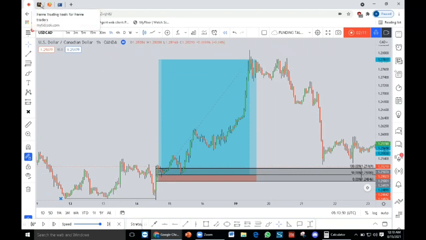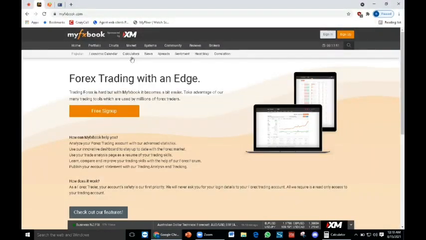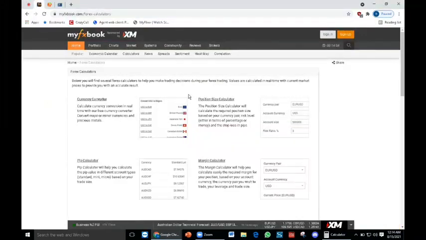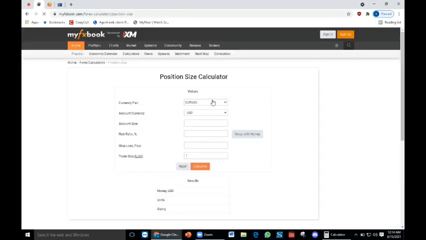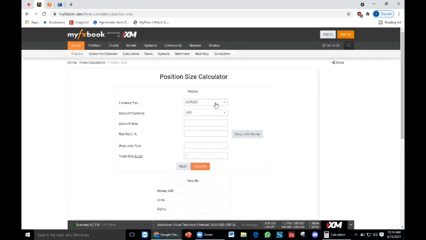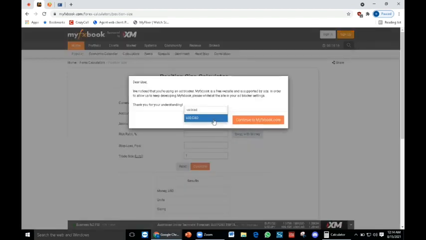My FX book. This is my daily bread, or my daily Bible, rather. I do not enter a trade without using my FX book. I'll drop a link in the description below as well. So you type in my FX book, you go to calculators, you go to position size calculators, and then where it asks for the currency pair, you put in the pair that you're trading. In this instance, it's USD CAD,